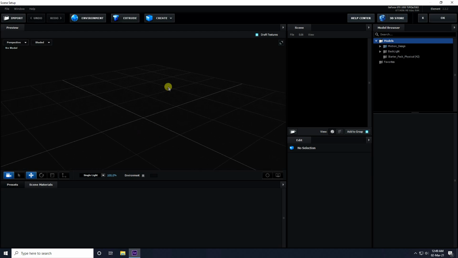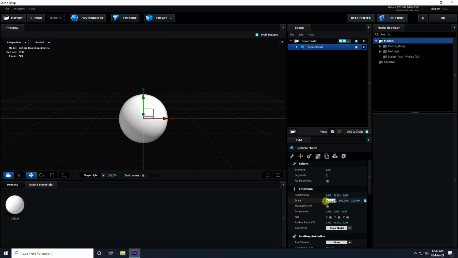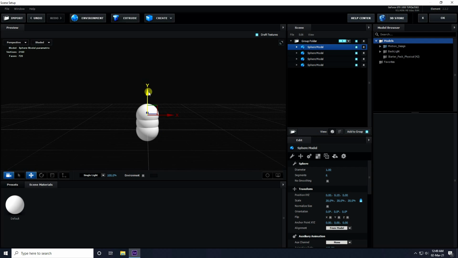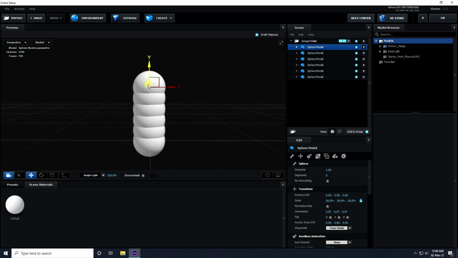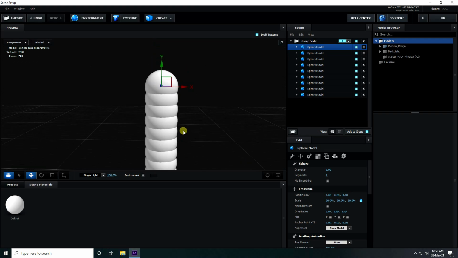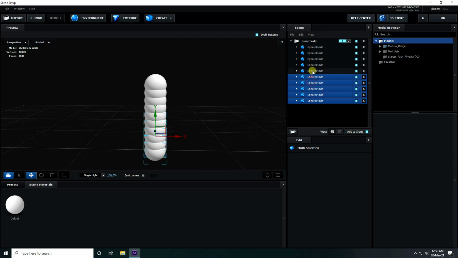So now guys, this time I take a sphere and set the sphere radius to 30%. That's my scaling. And guys, now copy this sphere, press Ctrl D, and again Ctrl D like this. Guys, create more. Okay, see guys, and the last one, Ctrl D. Okay, so now guys, select all the spheres like this and apply material.